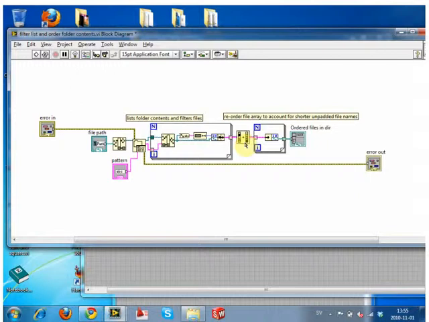So we have the how long your file name is first, and then we have the where you are. So it orders them based on, like, if this is one character long, and then 2 characters long, and 3 characters long, etc., and goes down. And then all of the ones that are of a certain length. So let's say you've got 100 of them that all have a file length of 10. Then it will order them based on their file length first. But then, because we're feeding a cluster in, it will order them within that 10